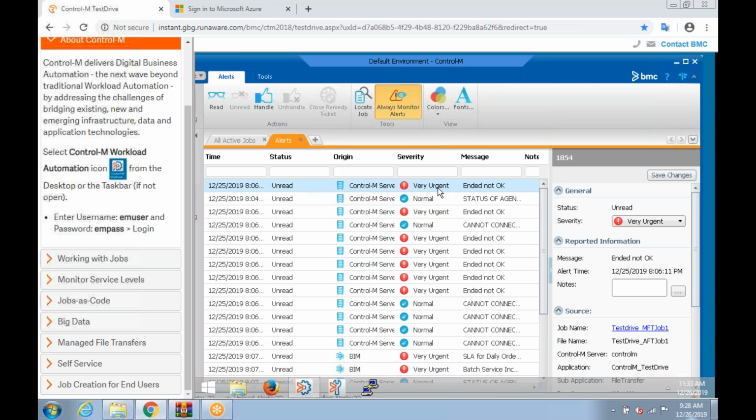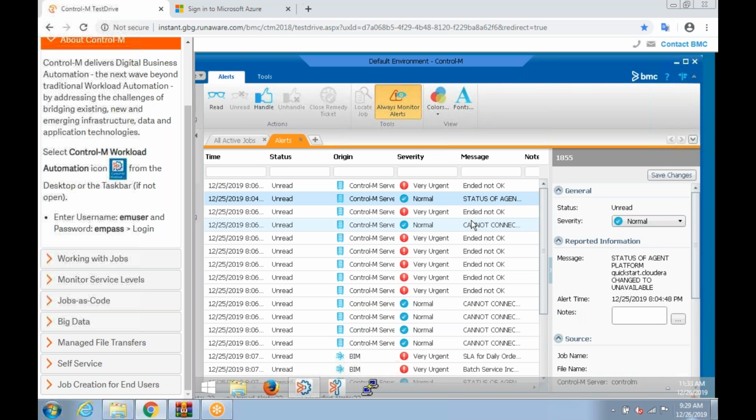If those are part of the job definition, then yes, they will be reflected here, provided you set the destination of those alerts to the alert screen. If you give a destination such as email, another console, or a log file, then they would not reflect here. But ended not ok or status-change alerts of the component will directly reflect here, because those are part of the default configuration. If you want to customize your configuration, for example,